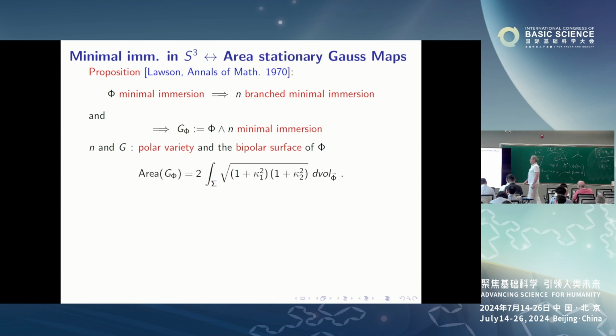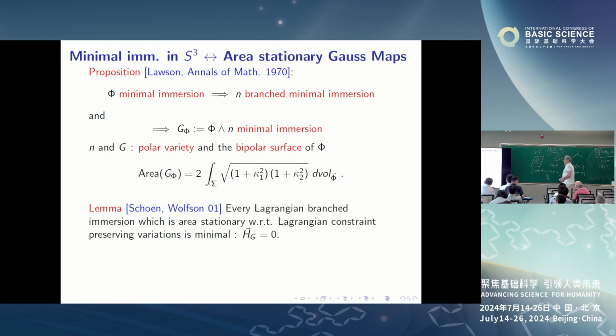And now this is the area of the Gauss map. So this is the thing we are now considering. We're going to do a min-max with this object. So what is important to know also is that if you do min-max with this object and if you are